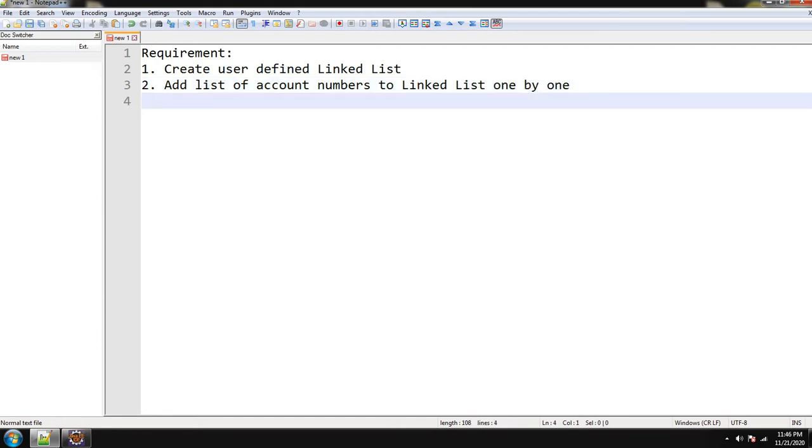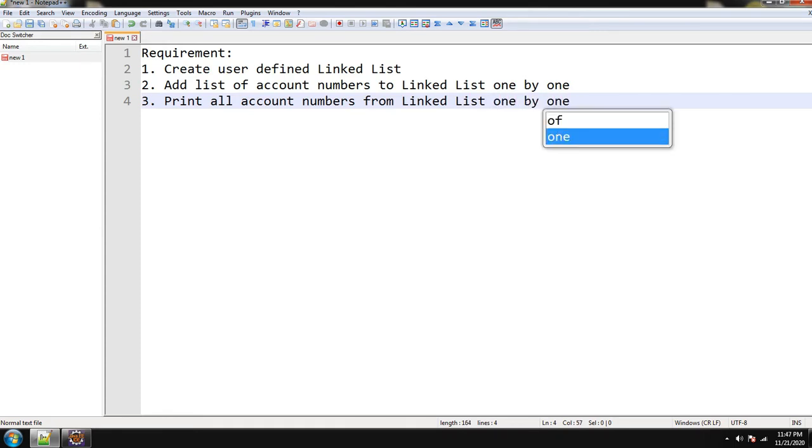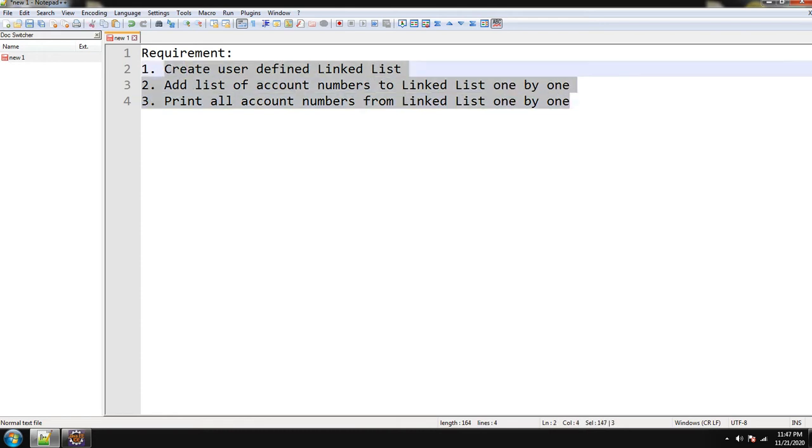I'm just typing here so that we can refer to this text throughout the coding. This is our requirement for now.